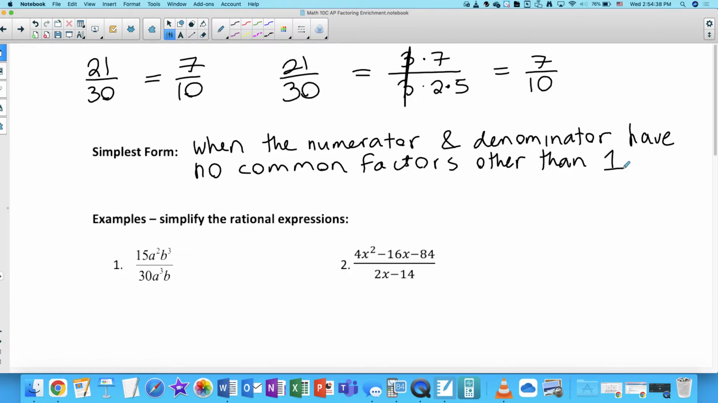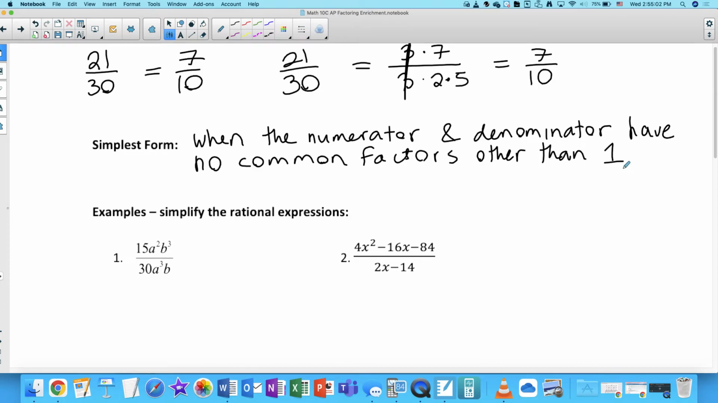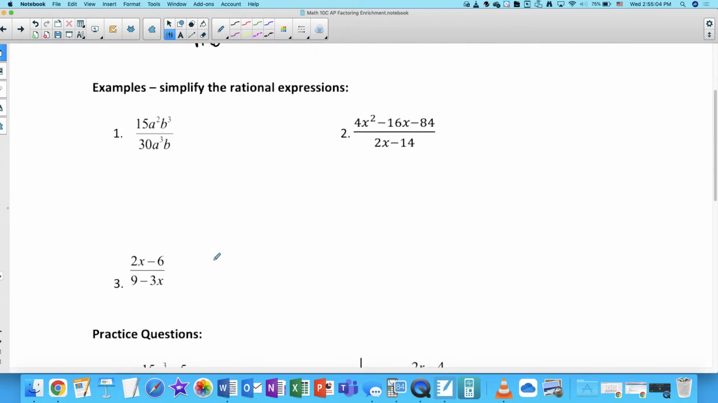Okay? Now, when we're looking at an algebraic fraction, a rational expression, we have to factor the numerator and factor the denominator so that we can get a feel for what the factors of the numerator and denominator are. And then if there are common factors, we can cancel them. Okay, so that's the process that we're going to take here. Now, this one over here,